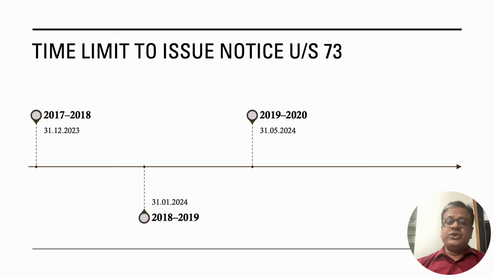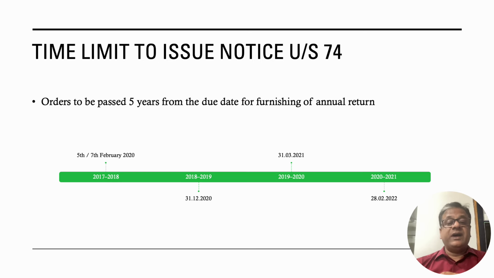Now the time limit to issue notice under 73, which is for non-fraud cases, for 17-18 was 31st December 2023. For 18-19, it was 31st January 2024. And for 19-20, the time is still there: it is 31st May 2024. What happened? The department has exhausted the time limit to issue notice for 17-18 and 18-19. Now if they want to issue a notice, they have the option only to issue notice under section 74,